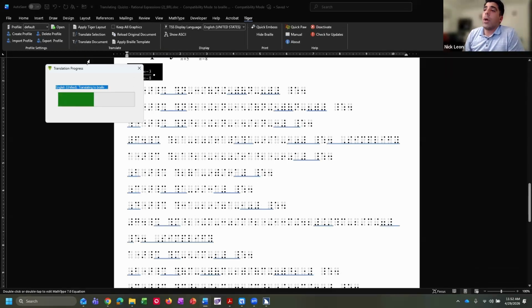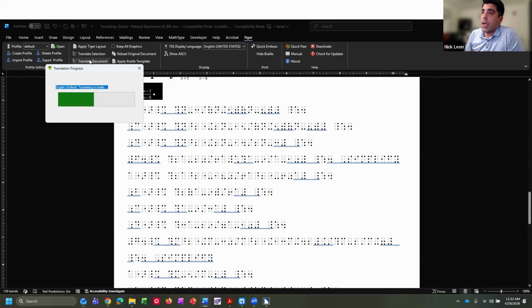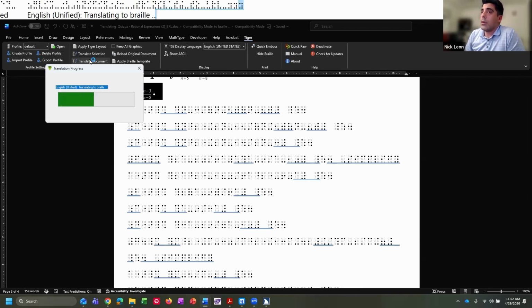Obviously, you would still want to either visually proofread this through the Sim Braille or emboss it once and proofread it that way too, just to make sure that everything translated and converted properly, especially for a big worksheet like this. So